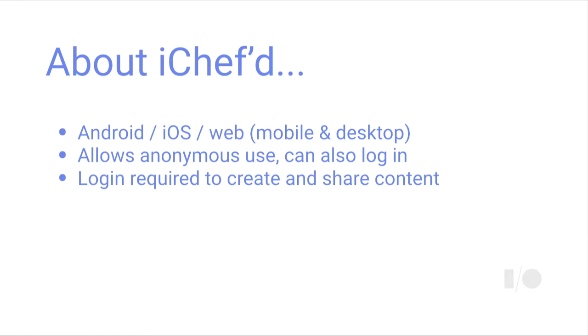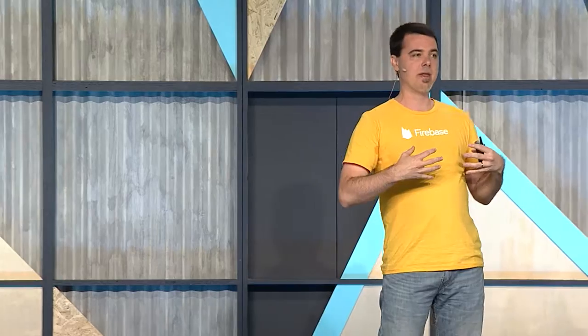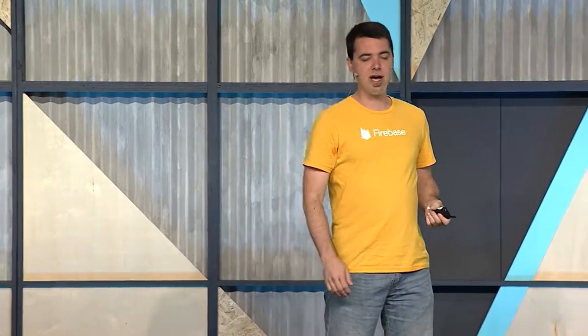You generally want your app to be used anonymously, so if people are just doing regular web searches, they might log in, or they're not logged in yet, but what they'll do is find a recipe, search for other recipes, enjoy the app anonymously. But if you want someone to help integrate their own recipes into your app, you might want to get them logged in. So that's how this app works. So the first thing, obviously, you'll need a place to store all of your recipe data, right? So you can use Firebase real-time database for that.